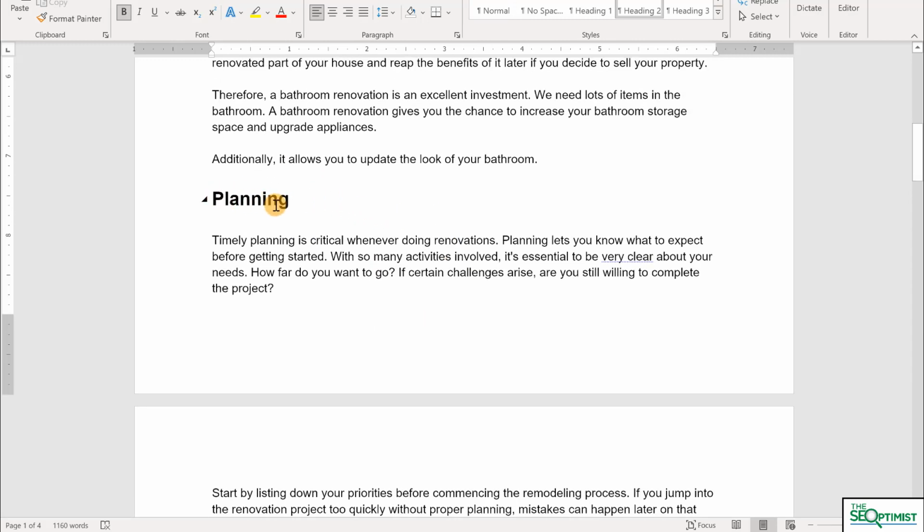They just have planning. I've harped on this in other videos of how we never want to have vague titles or subheadings, both because they're not very descriptive for the reader, and also for Google's sake, it doesn't know what planning is. Now, yeah, it's gotten way better than it ever used to be at understanding context of the things around it, and it does do that to try to understand the subheading. But I would always say, from an SEO standpoint, don't depend entirely on Google being really smart at looking at the surrounding stuff to figure it out. When possible, you just say it. And so in this case, what are we talking about? Bathroom remodels. So even just saying